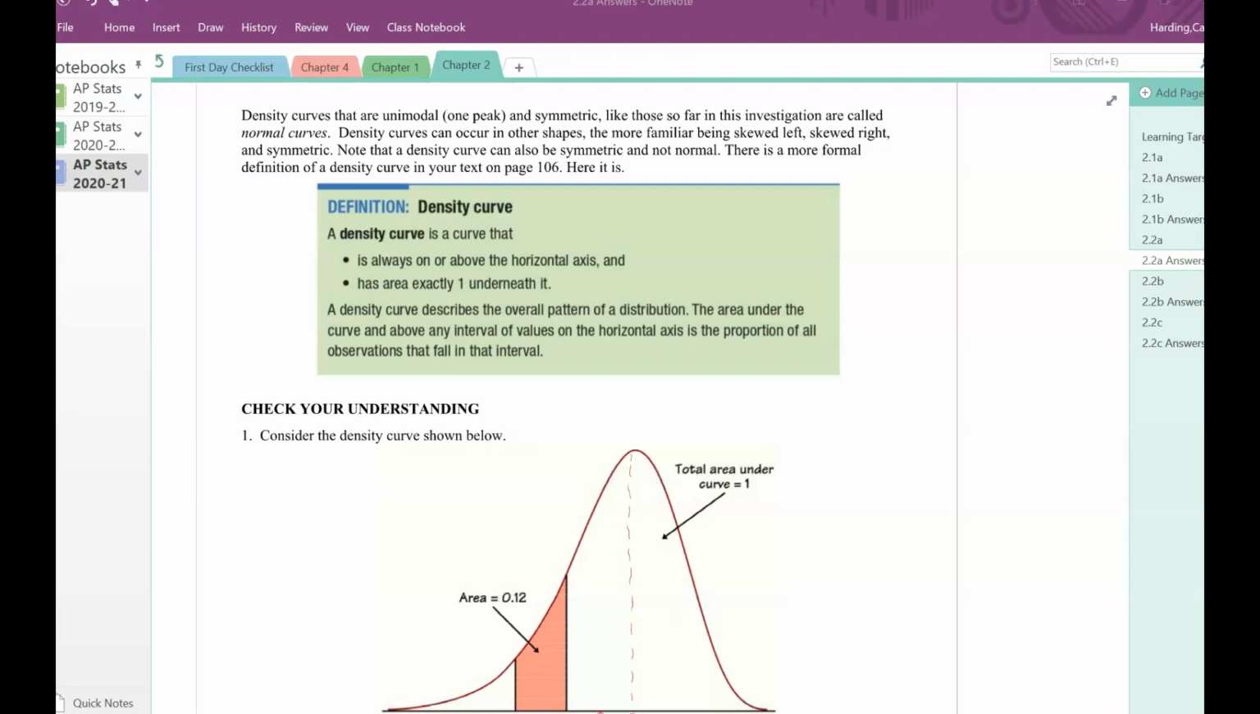You can see the criteria there. A density curve is a curve that is always on or above the horizontal axis and has area exactly 1 underneath it. The density curve describes the overall pattern of the distribution. While we're going to focus in on unimodal, symmetric, approximately normal distributions, density curves can be used to describe any shape. So at this point, I'd like you to pause the video and answer those questions underneath Check Your